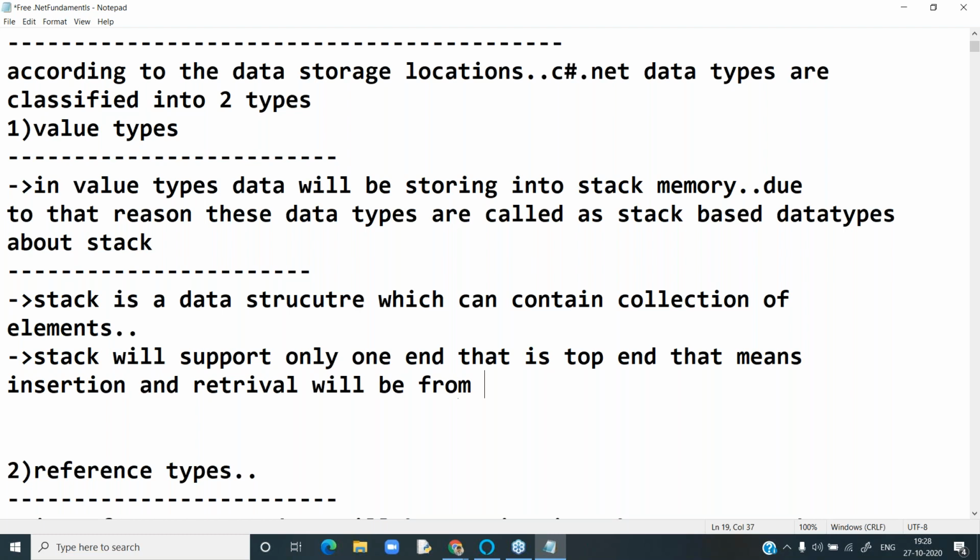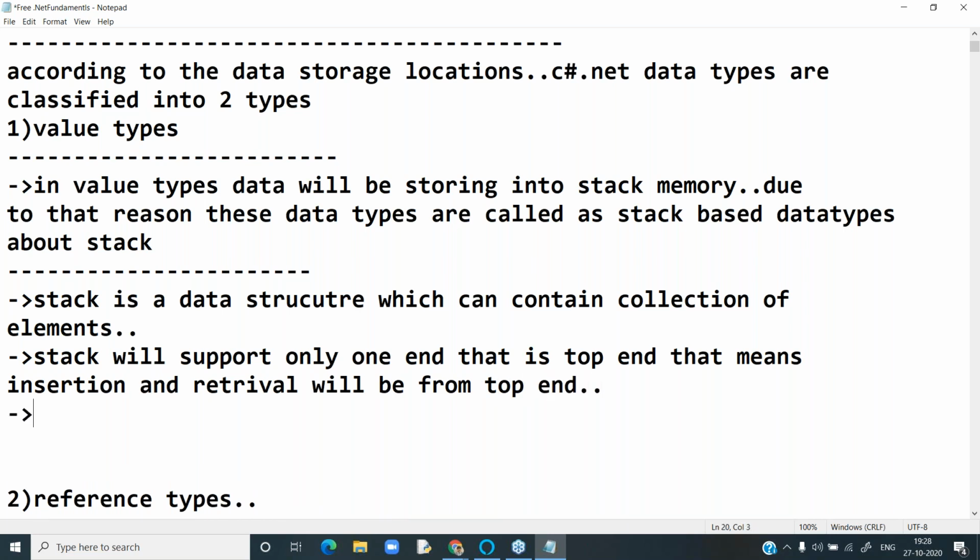Last inserted element will be the first retrieved in case of stack. Last in, first out, LIFO.